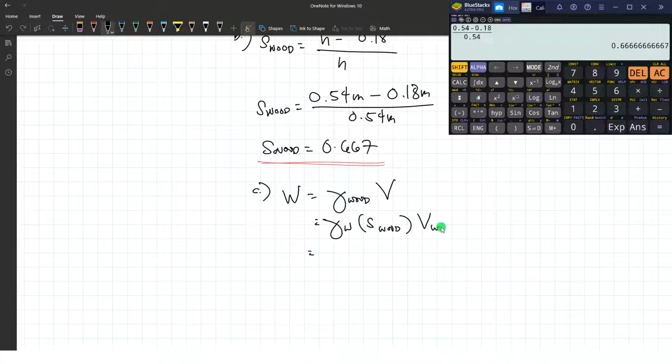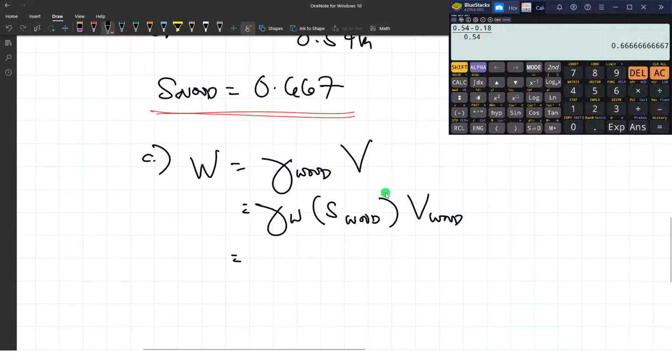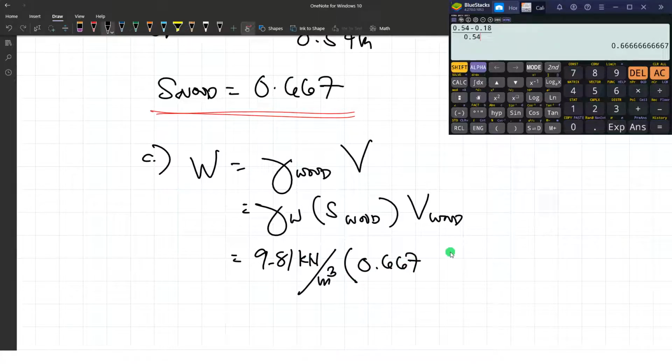Okay, volume of the wood. So we have 9.81 kilonewtons per cubic meter multiplied by specific gravity, which is 0.667, multiplied by volume of the